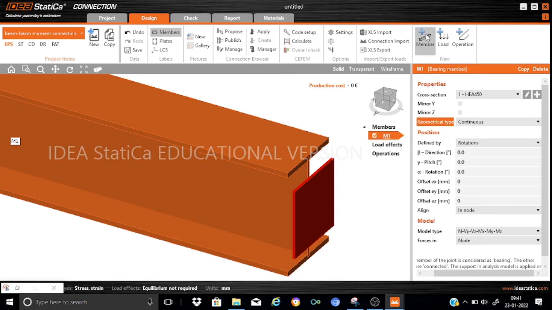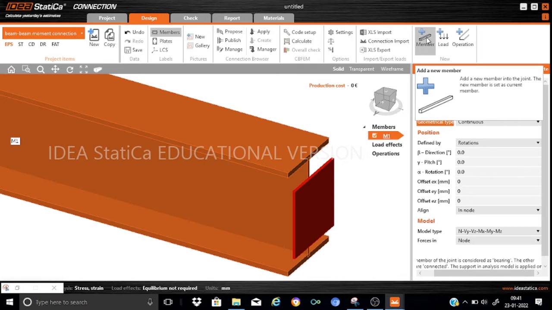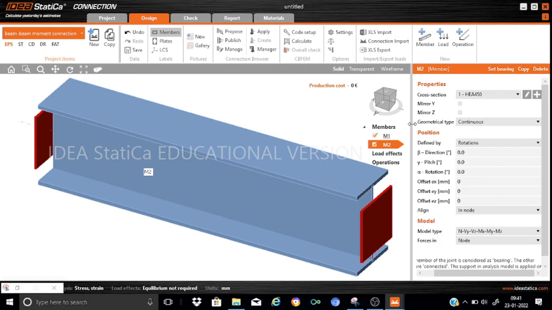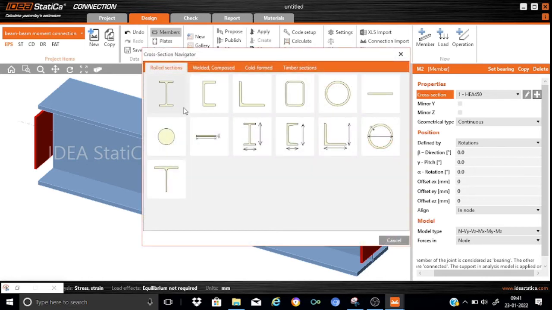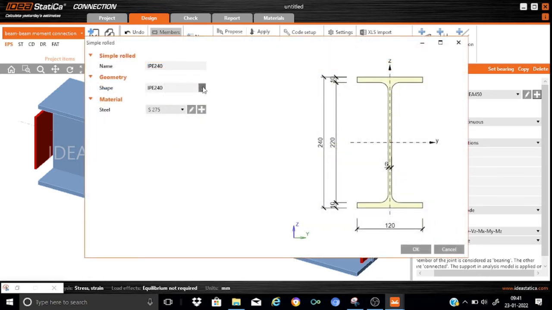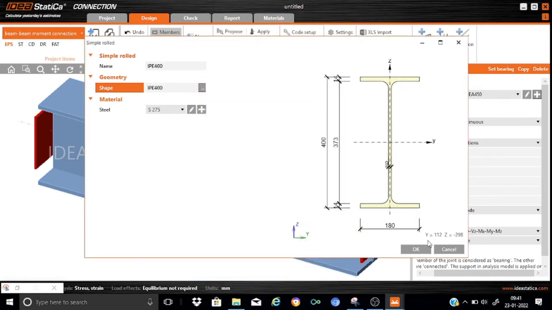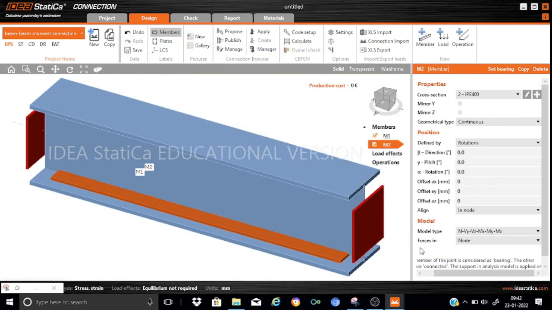And now let us add the other beam member, that is with an elevation difference of 150 mm. So we'll add it. So add member, and the member M2 we'll keep it as IPE 400. So we'll add the member here, and that will be IPE 400. So we can choose it from here directly. So IPE 400. So this is my IPE 400. Okay. So now let us start adjusting the positions using the eccentricities, and here we'll keep our beta plus minus 90. So beta will be my minus 90,